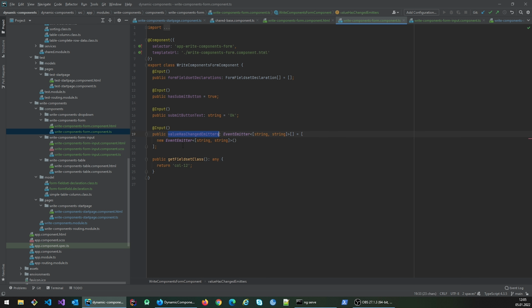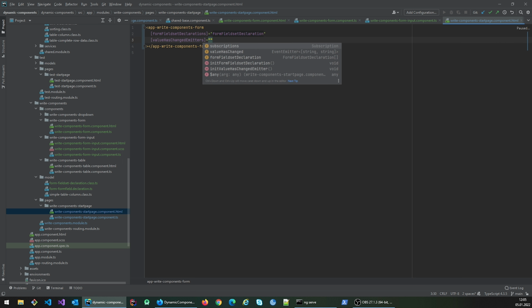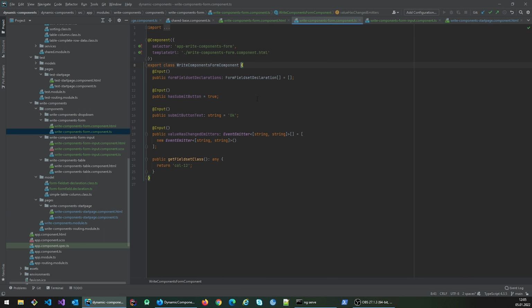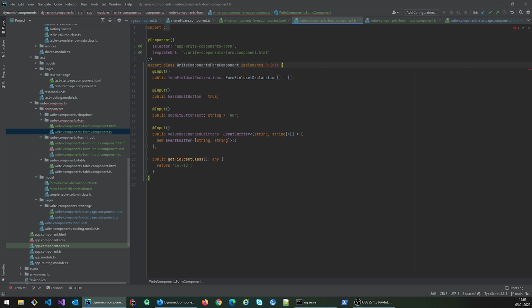And the reason is I am going to hand on the page that I own, I'm going to hand those over as well. And this is an array of the value has changed objects. And then inside the form on, implements OnInit,